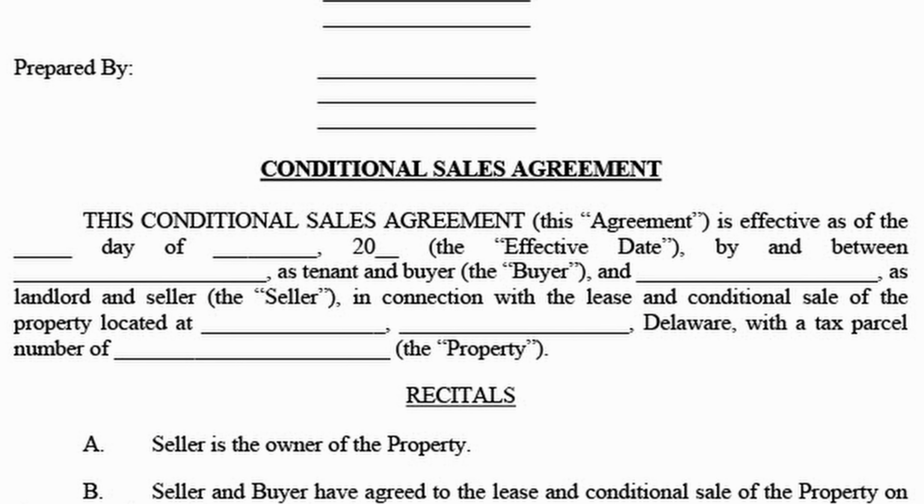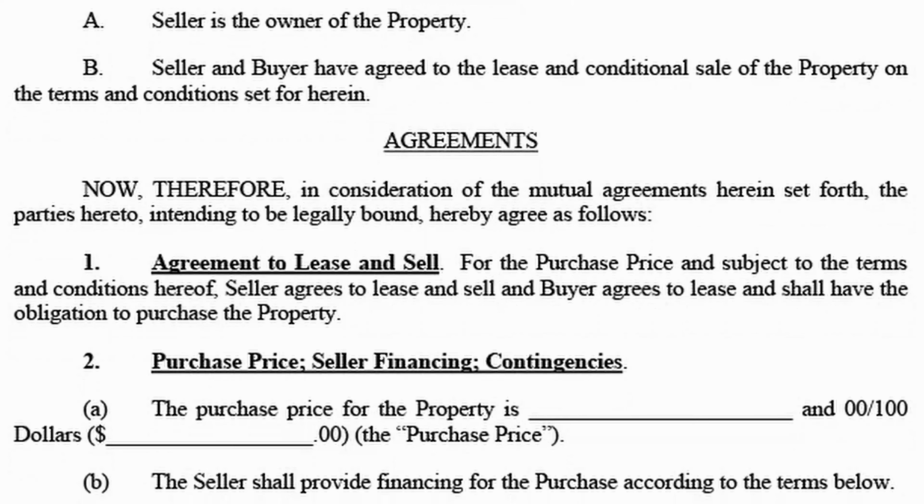All right, so we're gonna move on to the agreement section. Now we have this concept of a lease concept and a sale concept in this conditional sales agreement. And this is largely because of how 25 Del C 314 is drafted. It is a rather confusing and complicated provision. And we're gonna weave that in throughout the discussion. So I won't give you a preview quite yet, but just to say that you're going to see both of those concepts dealt with in this agreement.